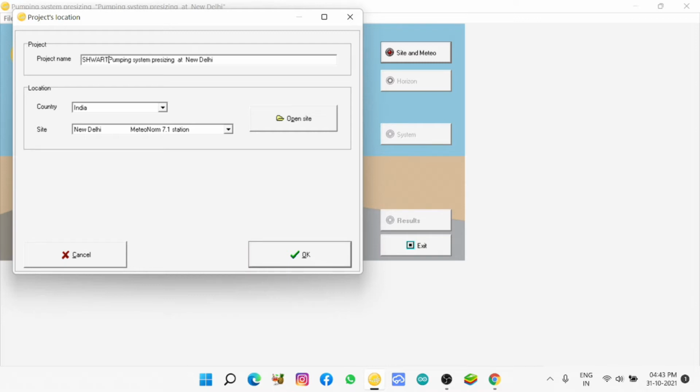Within 1 hour you can design a project. So again I will write short solar pumping system. New Delhi: we have to choose the country and place, so that it will give exact meteor norms, latitude, longitude. Now it will show when we press OK for a particular place.